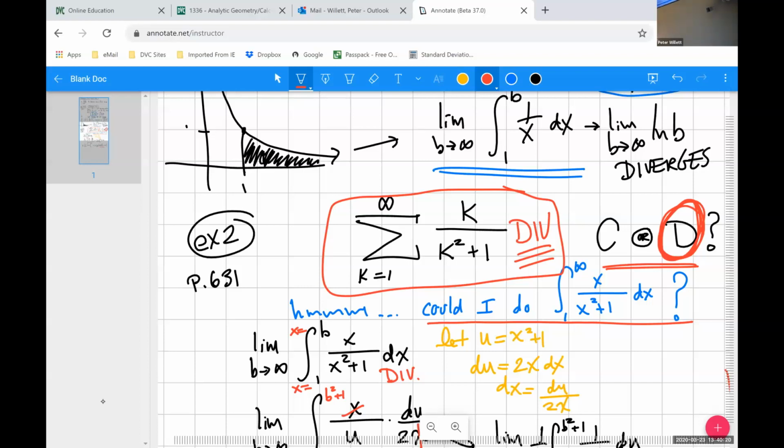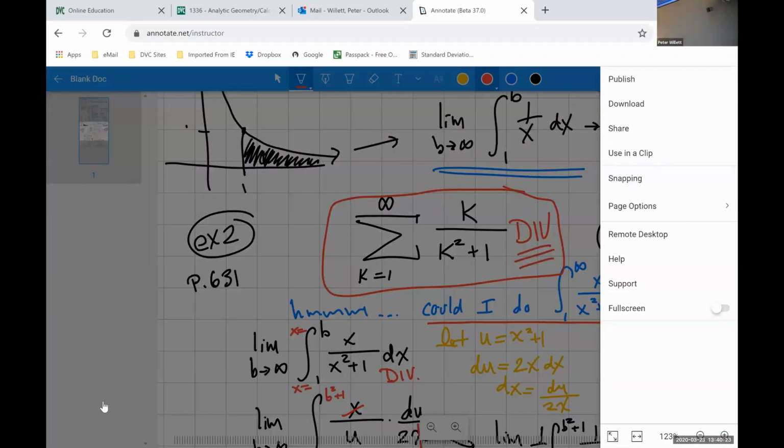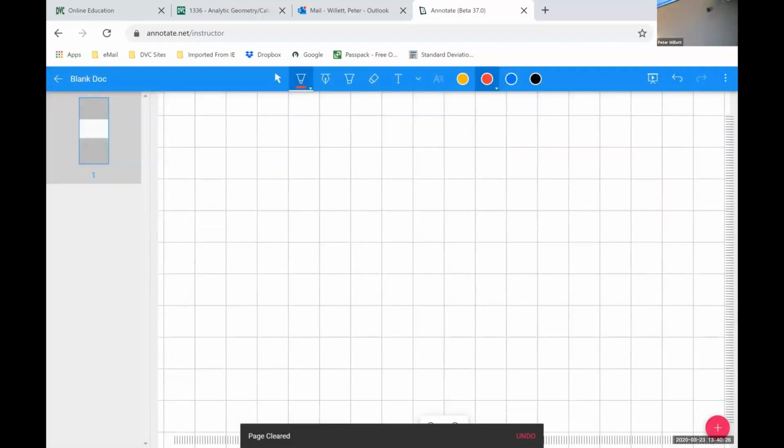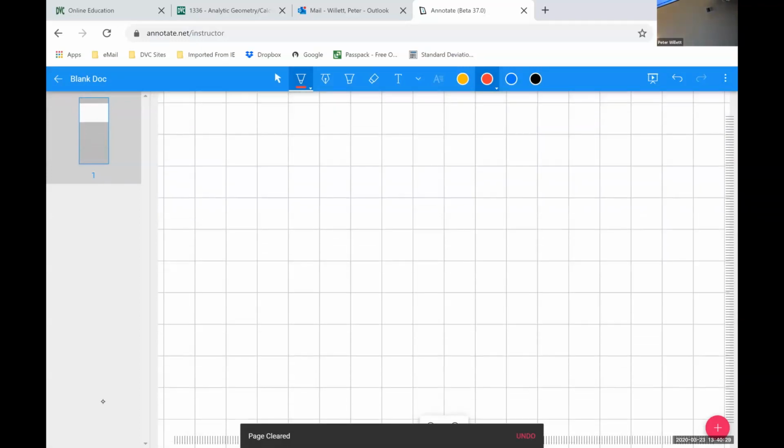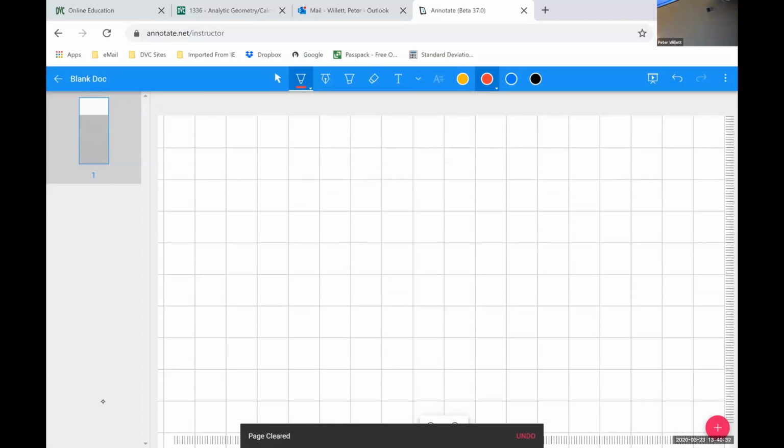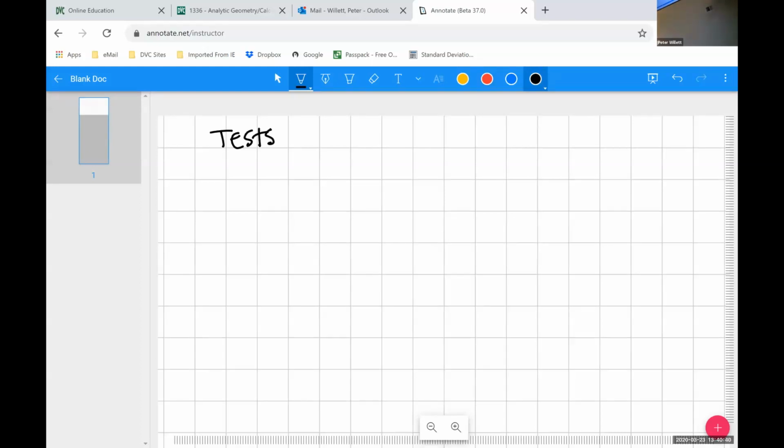Okay, so let's give it a fresh page. So now we have a couple of tests. We have the divergence test. And we have the integral test. So now we're going to look at